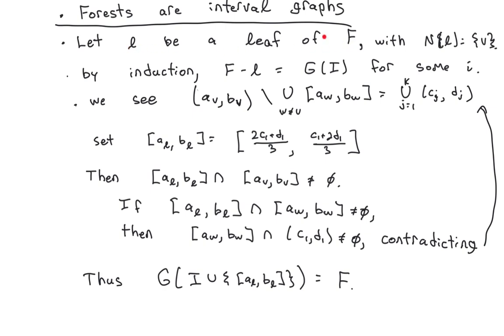So suppose you have a leaf of your forest, and let V be the only neighbor of that leaf. By induction, we know that if I remove the leaf, I get a new forest that is also the interval graph of some collection of intervals I. Let's focus on this parent vertex of my leaf. Let's take the corresponding interval, let's make it an open interval, and let's remove all the rest of the intervals from it. Now you can check using an induction argument or from calculus that when you do this, what you will end up with is a disjoint union of open intervals,